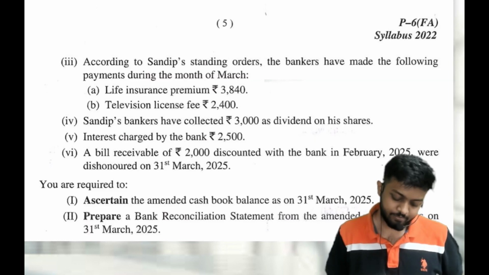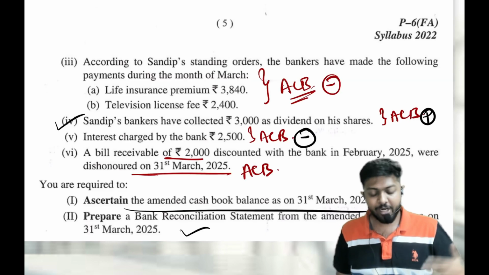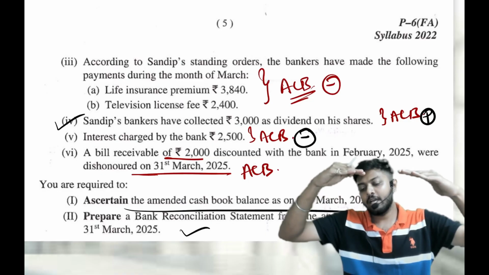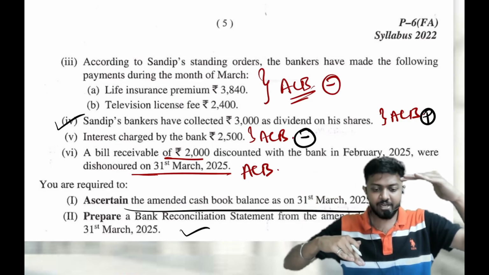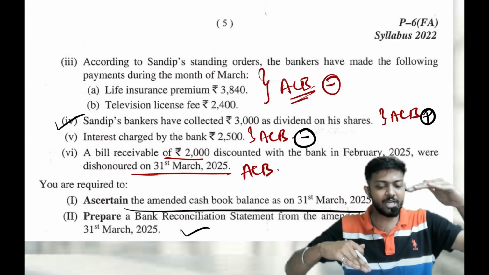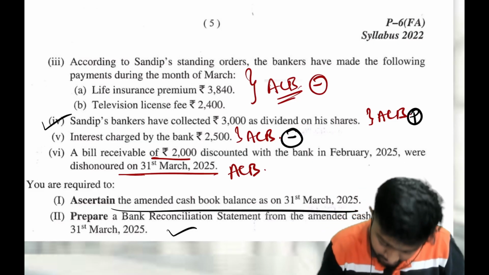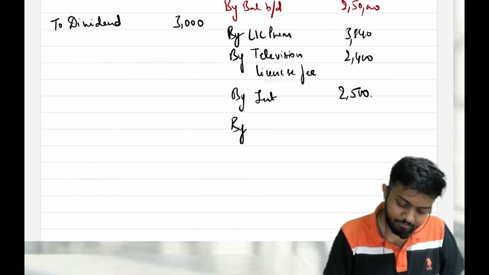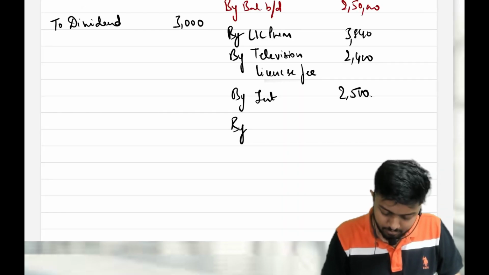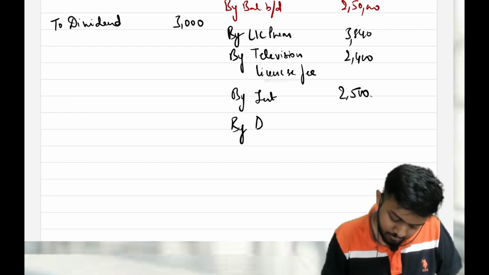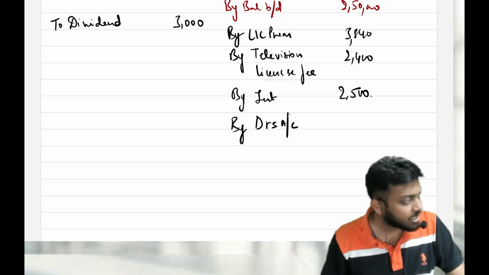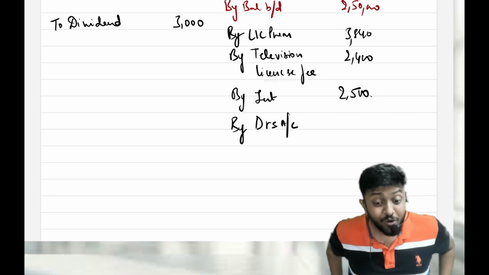Next entry. A bill receivable dishonored, so money will be directly deducted from my bank because my debtor did not pay, so money will be less in passbook. Cash book will be higher. Now I'll record it. Since we are doing it from cash book angle, I have to reduce, so minus should come in credit side only. So by debtors account. Why does debtors account come here? Once you understand BOE, you'll understand.